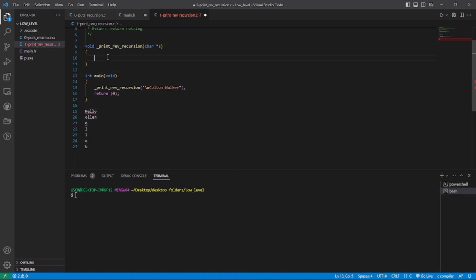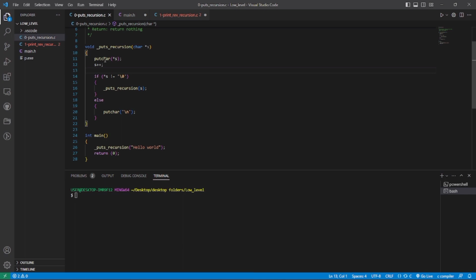As demonstrated earlier with these stacks over here, we printed it,